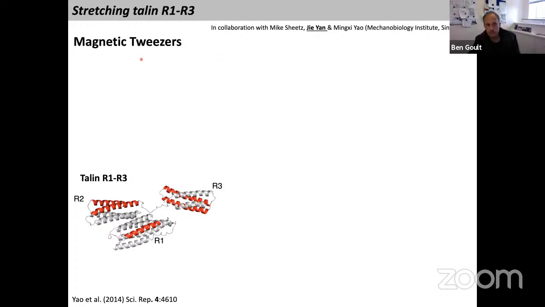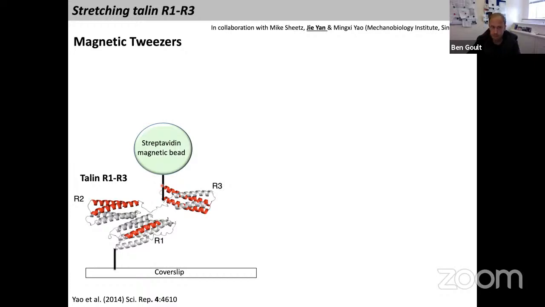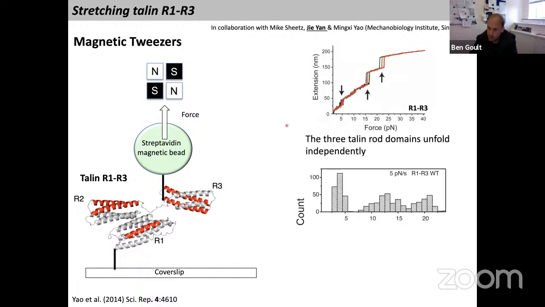And the experiments which they do are conceptually very simple. You have magnetic tweezers where we can engineer a single molecule. So this is manipulating one single molecule and watching how it behaves. So you can covalently attach a molecule to a cover slip by its N terminus, and then engineer it such that you can attach its C terminus to a magnetic bead. So now we've got a magnetic bead which is tethered to a surface of a microscope via our protein of interest. And then we can use a magnet to pull on that bead, a tiny little permanent magnet. And by exerting force onto the bead, we can exert force onto the molecule. And we can watch how the molecule behaves and how its interactions behave as a function of forces.